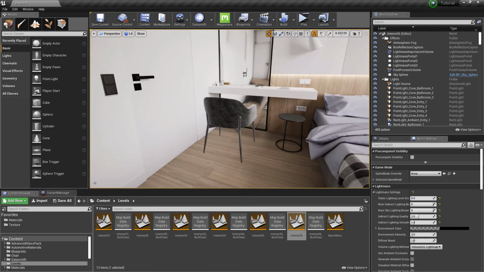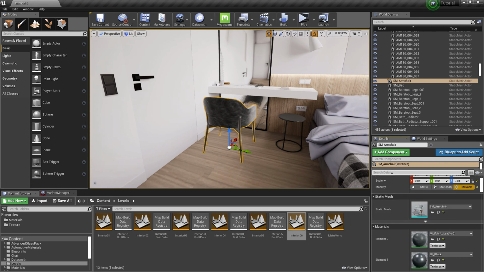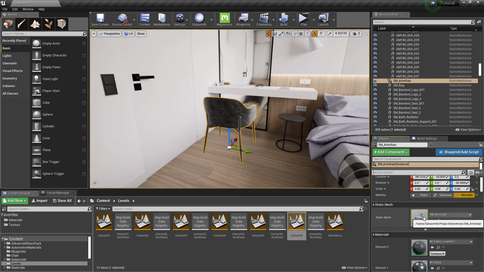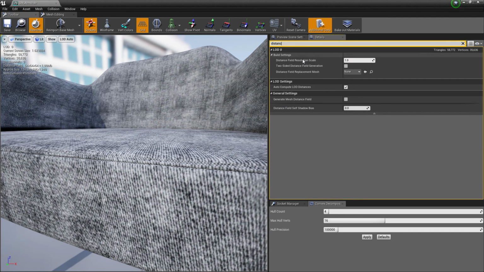But we still do not see any shadow from the chair. We need to enable it in the static mesh parameters. Enable generate mesh distance field.